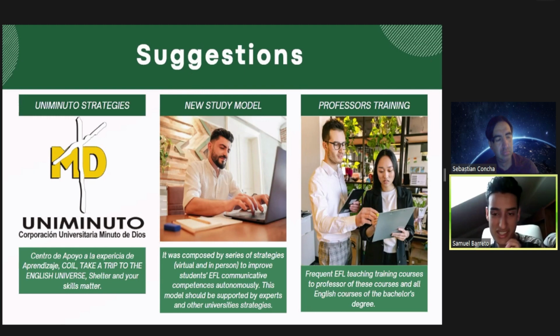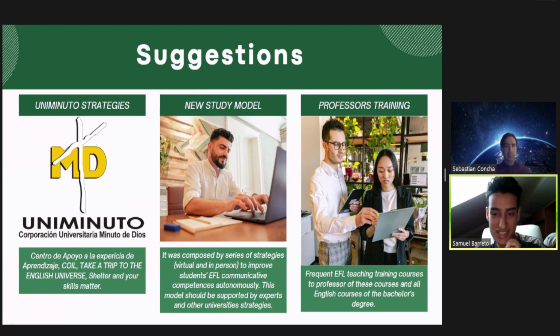They also promote communicative improvements with the COIL strategy, because it incentivizes students to speak with different people from different parts of the world. Also, it was necessary to build a new study model, supported by experts and other university strategies, in order to improve the EFL communicative competences in an autonomous manner. The strategies that we create in this model are for students to practice autonomously, either virtually or in person. And lastly, we have the final suggestion that we raise